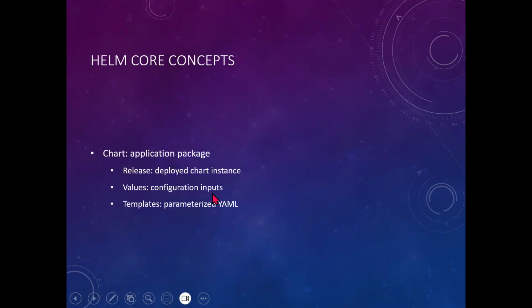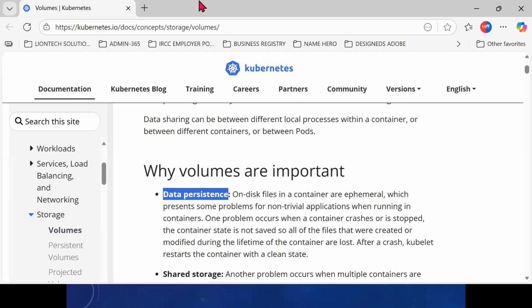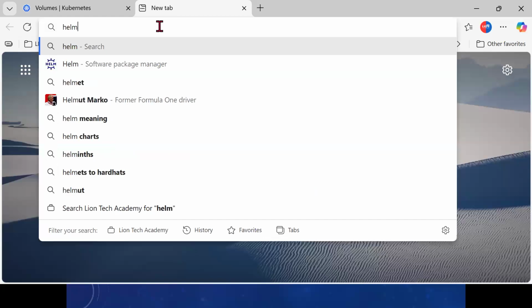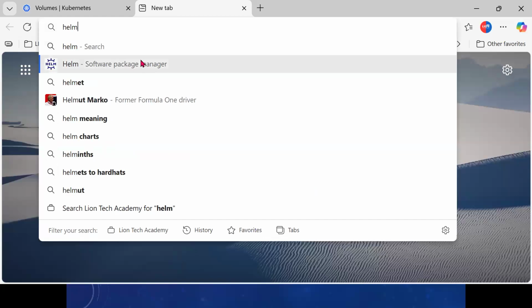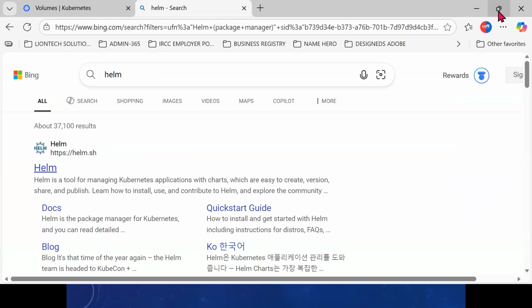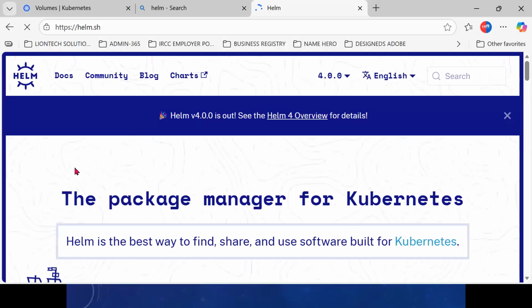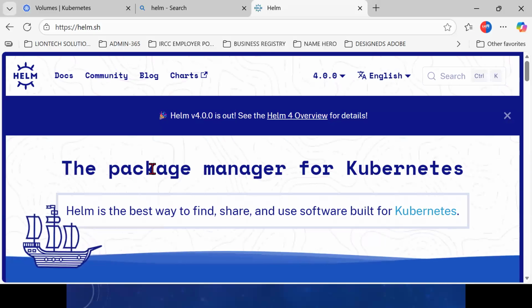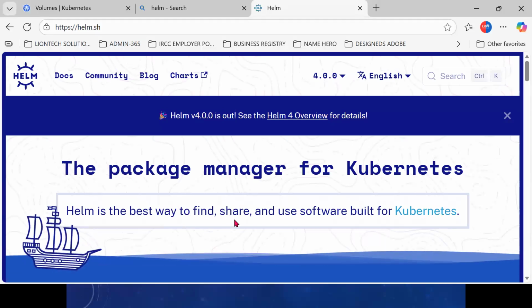Okay. And then, of course, we see the core Helm concepts. Before we proceed, without much ado, ladies and gentlemen, I introduce to you the latest engineers. This is what Helm is, okay? All right, this is Helm. And so we have our Helm here. See this here? See that it says Helm is the best way to find, share, and